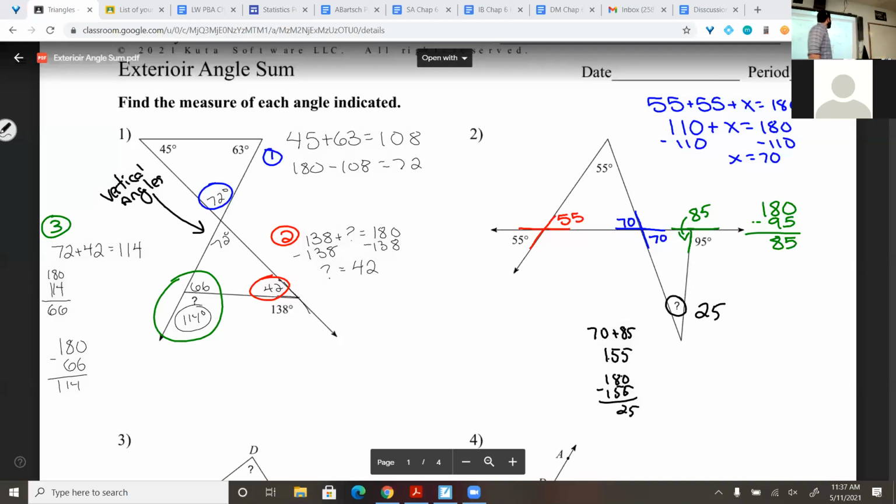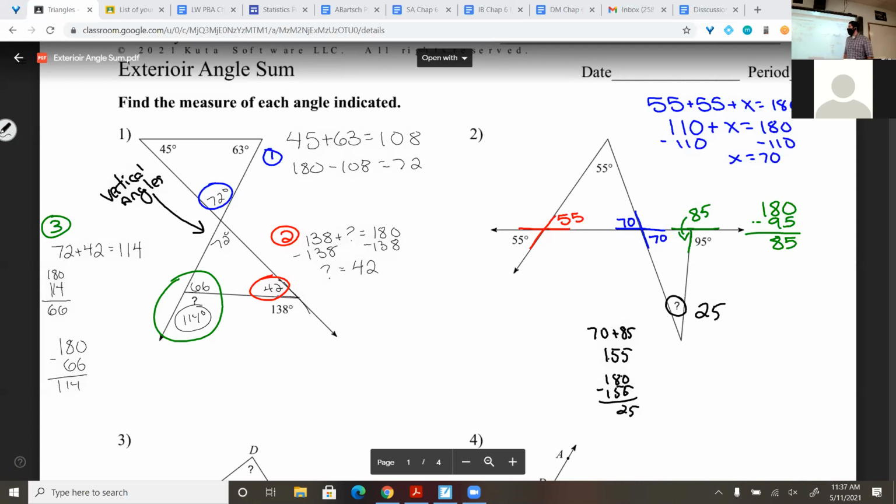All right, so just going over these two problems, I tried to color code it. Anyway, for number one, I recognized that I had a triangle up top, so I added 45 and 63 together. That got me 72. I then noticed that I had vertical angles, so 72 is the same as 72. And then down here in the bottom right-hand corner, I realized that I have a linear pair, so 138 plus